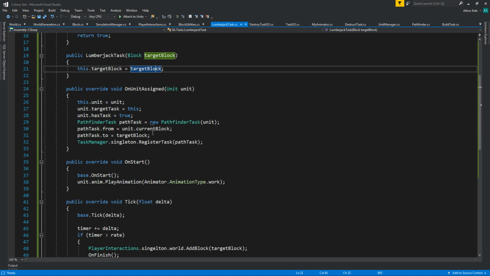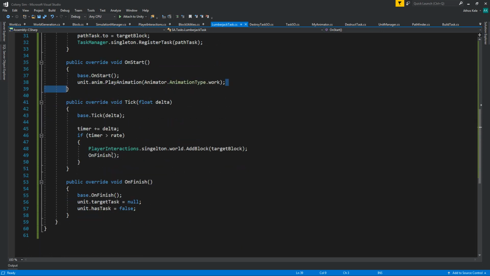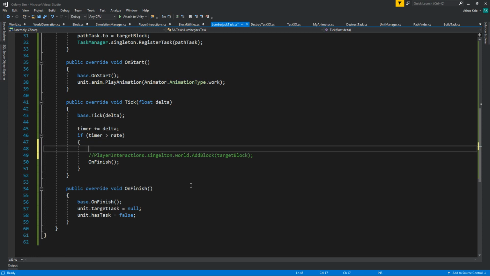So on start, play animation, I think we can just copy all of this into this, but we're just going to remove this one. Okay, so instead of adding the block when we are over our time rate, we're simply going